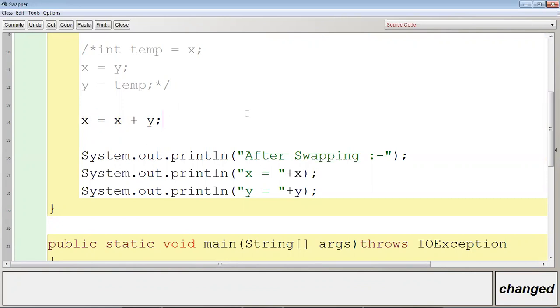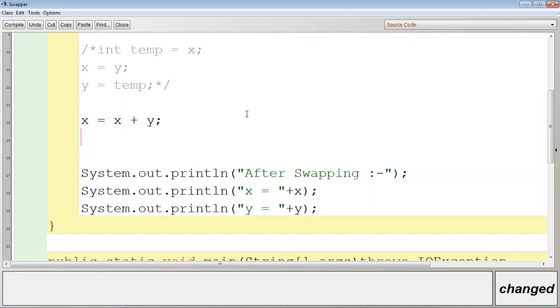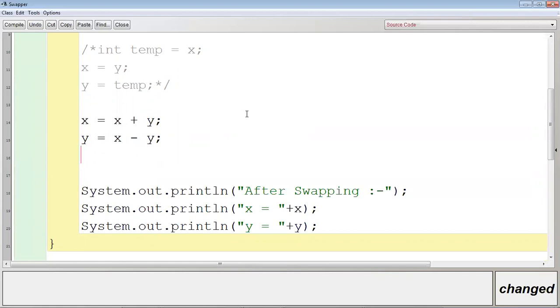Then the second line, what should be the second line? The second line should be x minus y. Now what is x? 100 minus 30 is 70. Where to assign 70? In variable y. Clear?